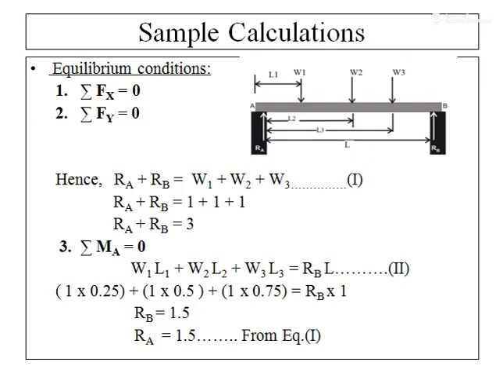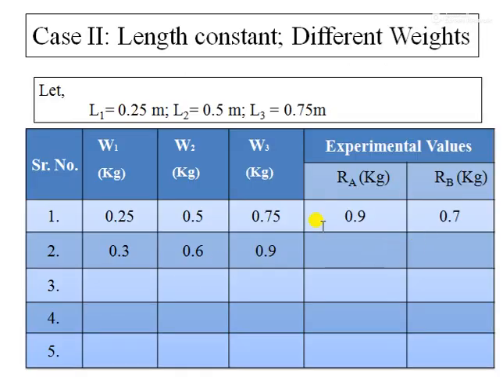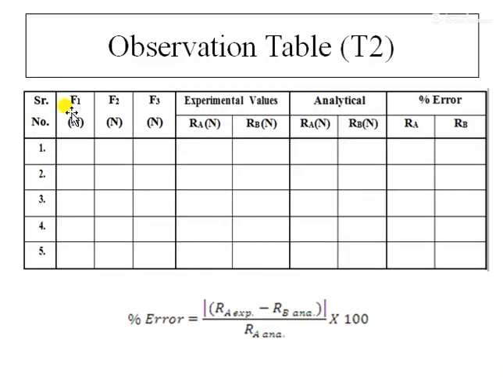As I have shown the sample calculation for the first part, with the same procedure we are going to go for the sample calculation analysis. These are the experimental values noted down. We will go to observation table T2, noting down the forces; the weights will be in kgs. When we multiply them by 9.81 they will be converted into forces, and we will write down the values of weights here in the first row of the columns. In the experimental value row, you will mention the values received on the spring balance.